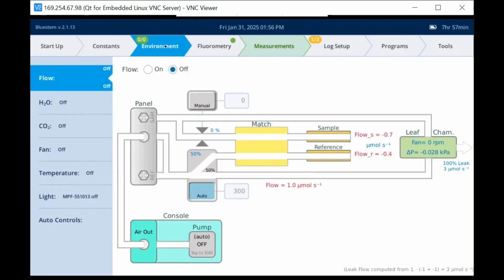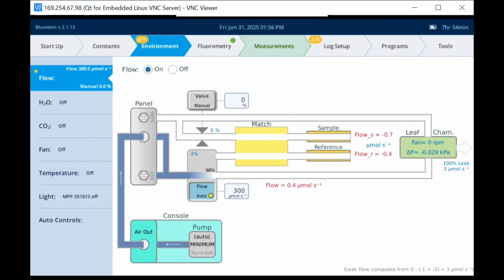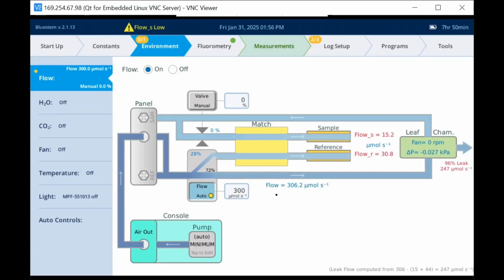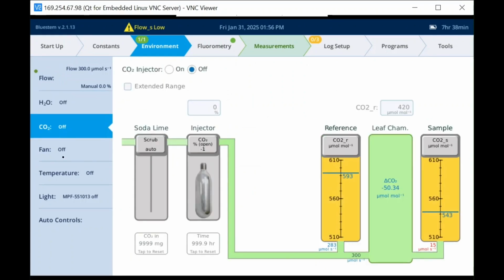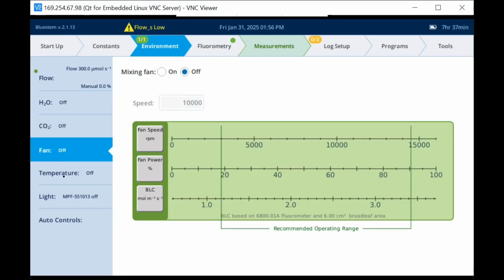Under the environment menu, this is where the control of the water, the flow, the fan, the temperature can all be found. And so we have under flow the ability to turn flow on and off and see in real time how the flow is affecting the various tubing paths in the console to the chamber and in the head. Same for water, CO2, the fan, temperature,